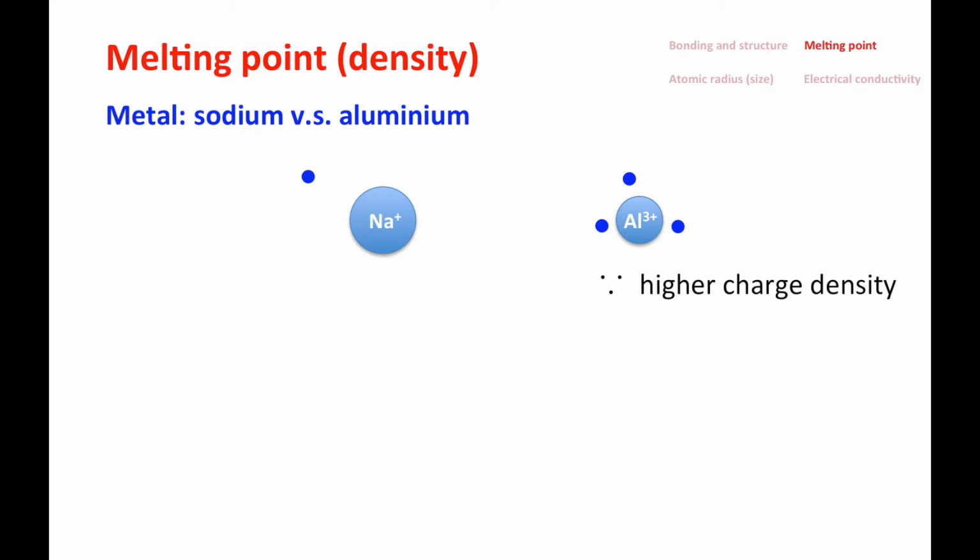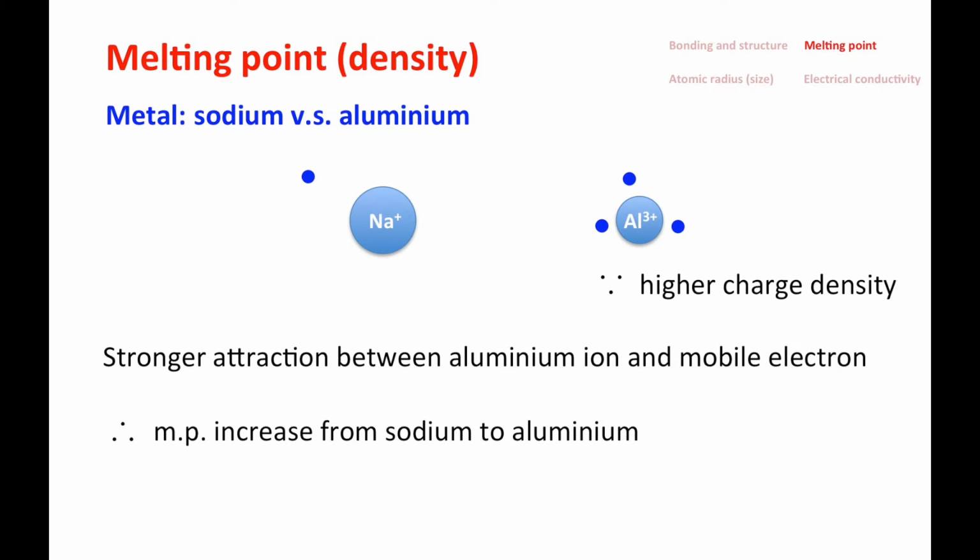Second, as we mentioned on the previous page, the aluminium ion's size is smaller. So we can conclude that the aluminium ion has higher charge density, and hence there should be stronger attraction between the aluminium ion and the mobile electrons, and this will increase the bond strength,